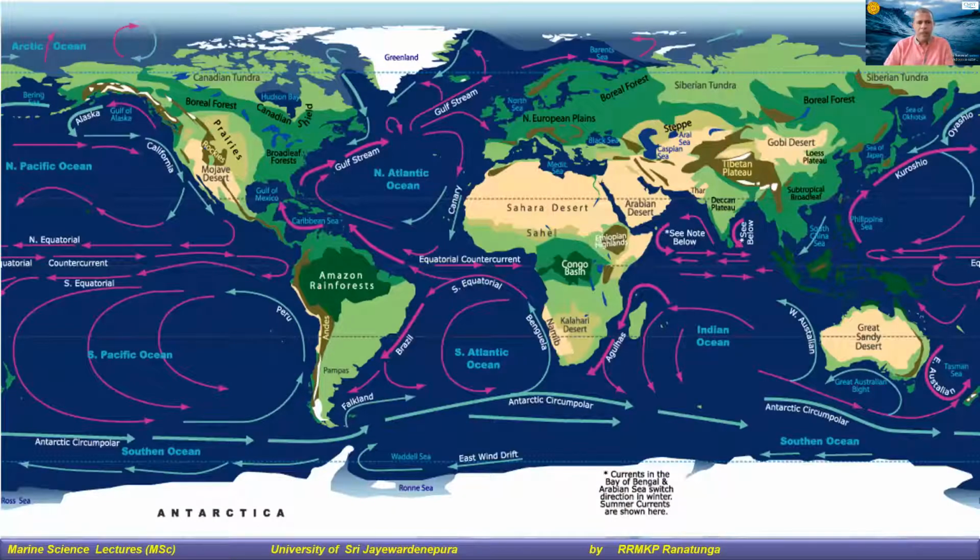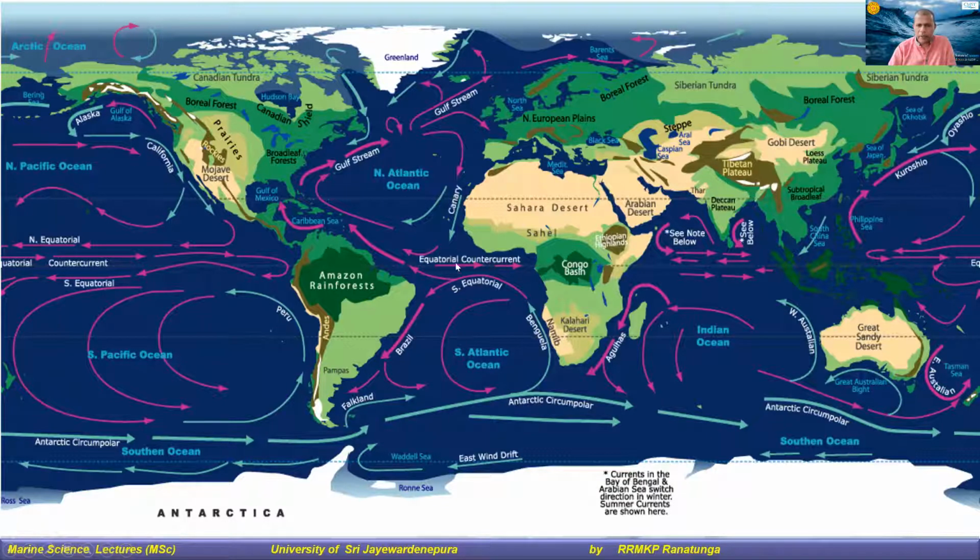Right. So the next graphic also shows the direction as well as the warm water and cold water current movement. And we can see the Antarctic circumpolar current here, also called the west wind drift. There's a name for this one, the west wind drift. Again, you don't have to memorize this term. If you want to, of course you can.